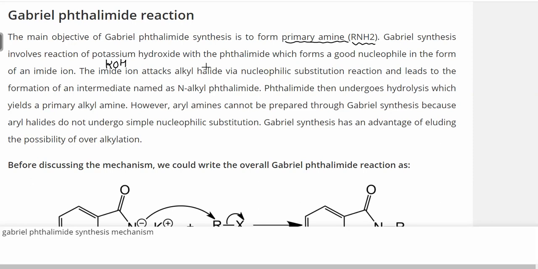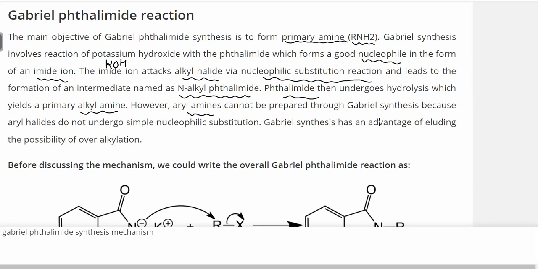Okay, so what is phthalimide? I will show you then, which is undergoing a nucleophilic reaction to form an imide ion. Now this imide ion attacks the alkyl halide by using the nucleophilic substitution reaction and leads to the formation of an intermediate compound, that is N-alkyl phthalimide. Now this phthalimide then undergoes hydrolysis, which yields primary alkylamine, and however aryl amine cannot be